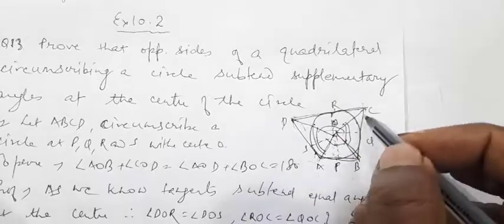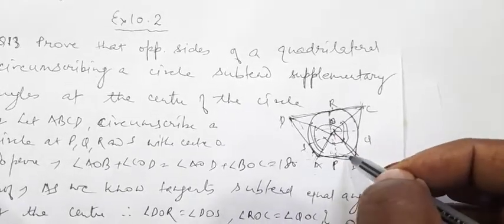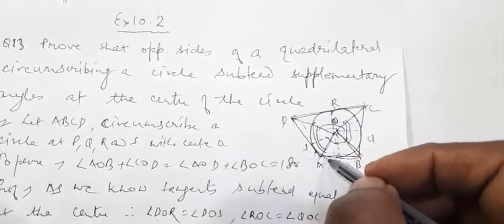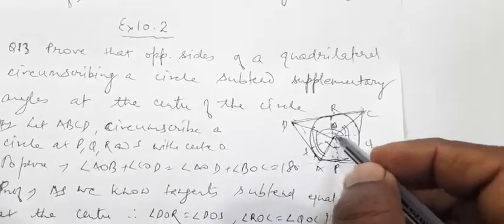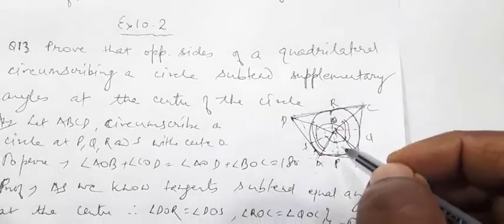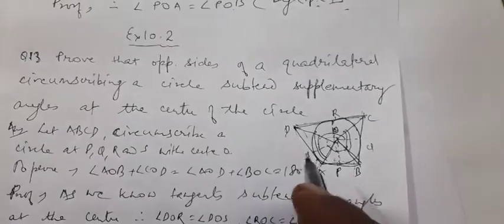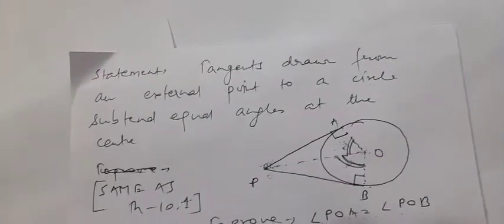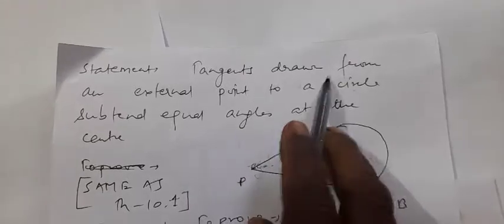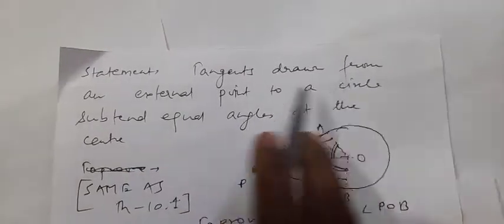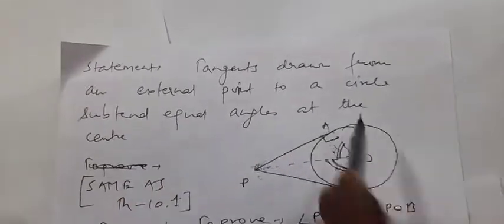The opposite sides of a quadrilateral which circumscribes a circle subtend supplementary angles at the center of the circle. That we have to prove. But as we know, by the statement that tangents drawn from an external point to a circle subtend equal angles at the center,